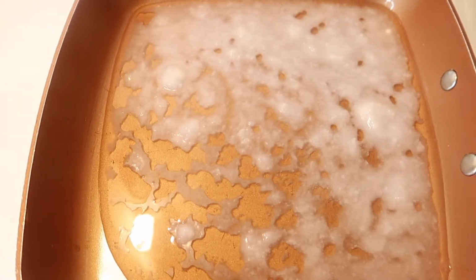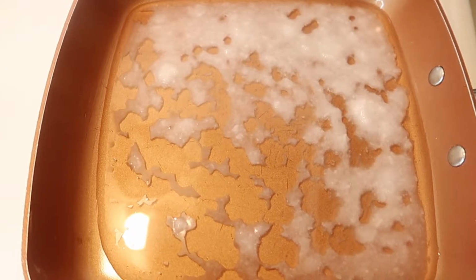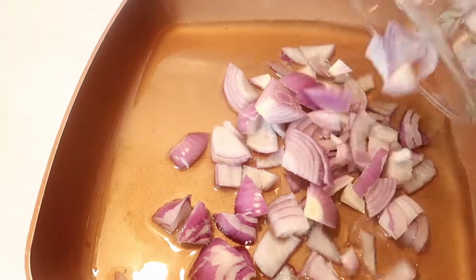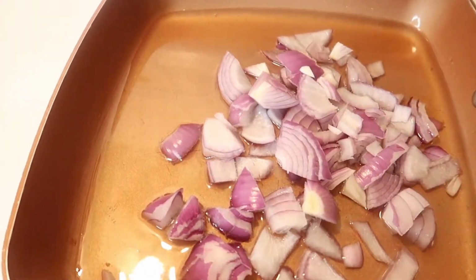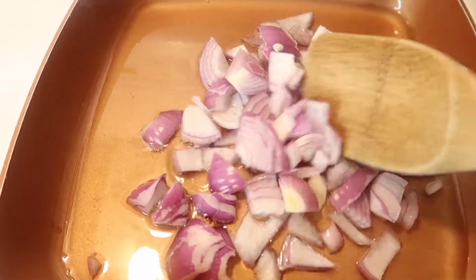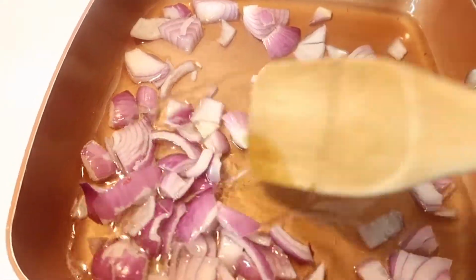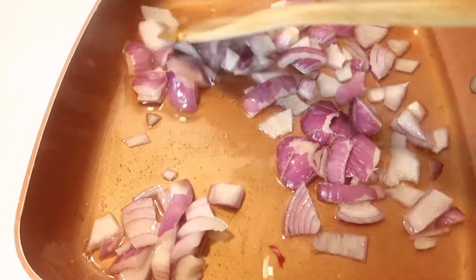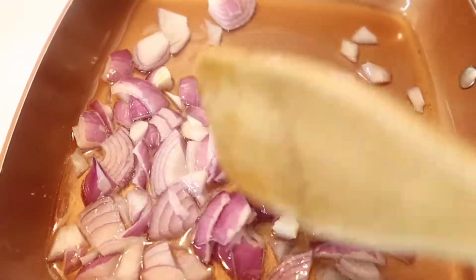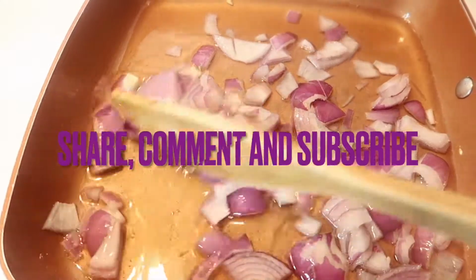Once you put it on a low heat, as you can see what I'm doing, my oil, since it's getting cold, is a little bit sticky and thick. So you put the oil in the pan, make sure that it heats up a little bit, and go ahead and add your onion. As I mentioned earlier, you're gonna put it on a low heat. Do not go anywhere, just stay there and make sure you're